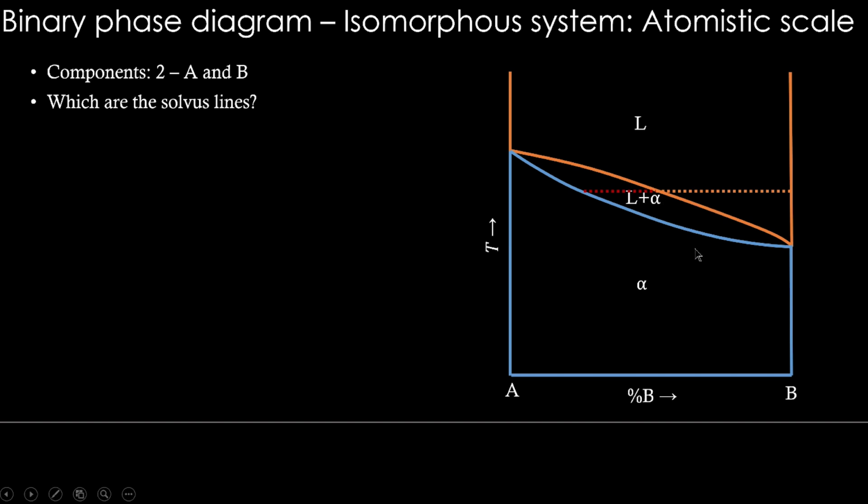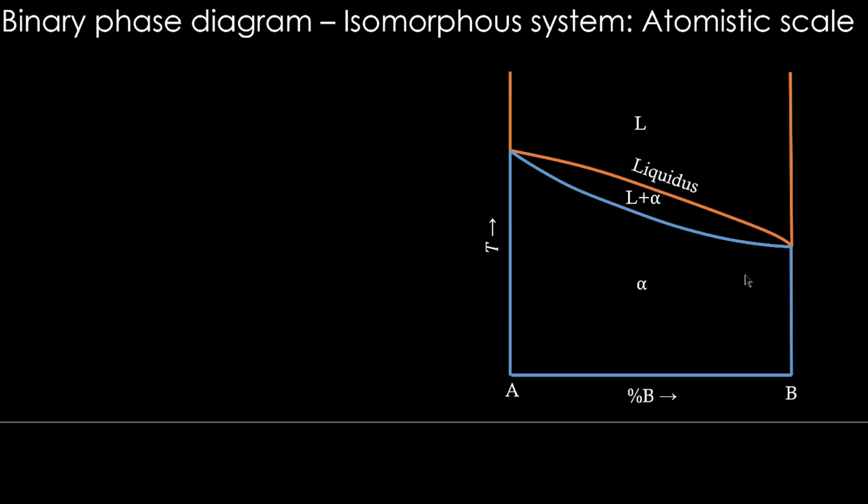At the same temperature, if we consider the reverse, let's say from pure A we start, it's solid, and if we keep adding B to that, the same solid structure remains. Beyond a certain point, this becomes unstable and liquid forms. So these two lines can be looked at as solvus lines, but these are actually considered as liquidus and solidus temperatures because there is a liquid and solid involved in these lines.